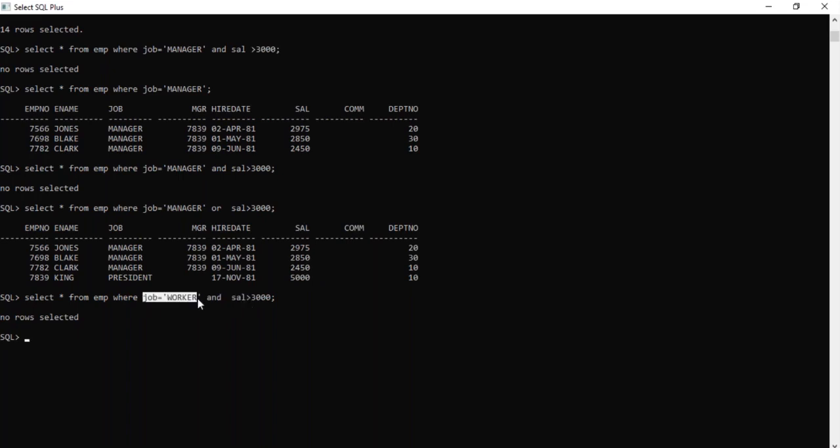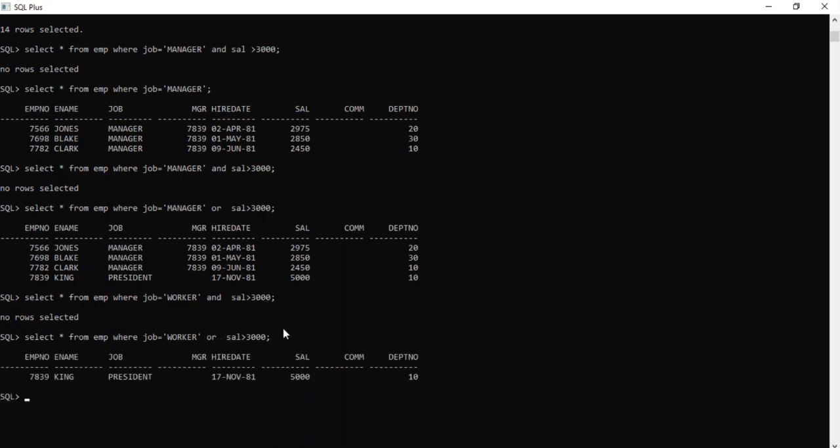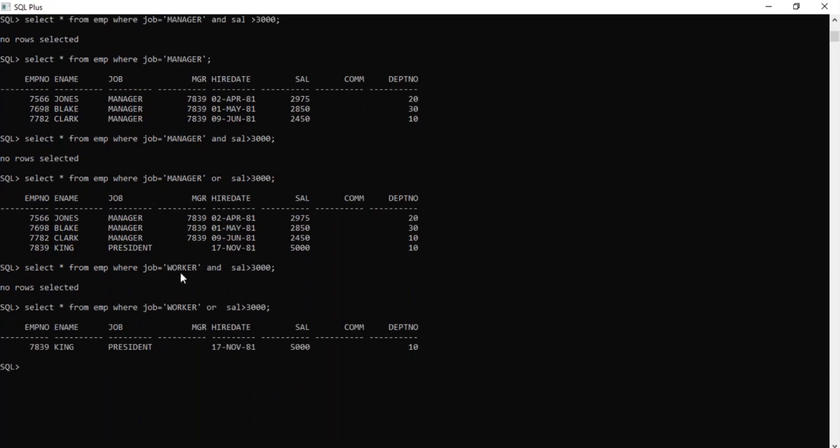We are using OR here. If you use AND, see here, no row selected, because job clerk and job manager together is an irrelevant query, right? So it will not display. So the AND operator is based on condition dependency. With the OR operator there is flexibility, you can display whatever you want.